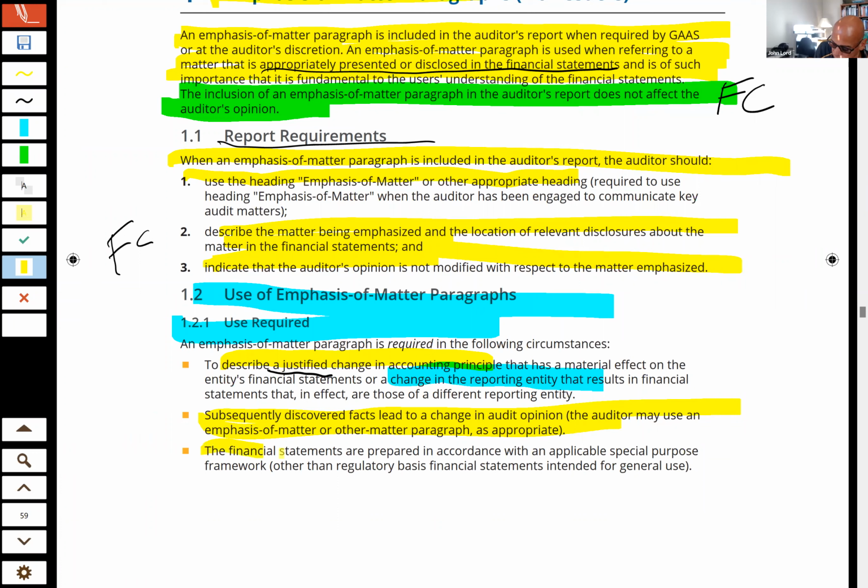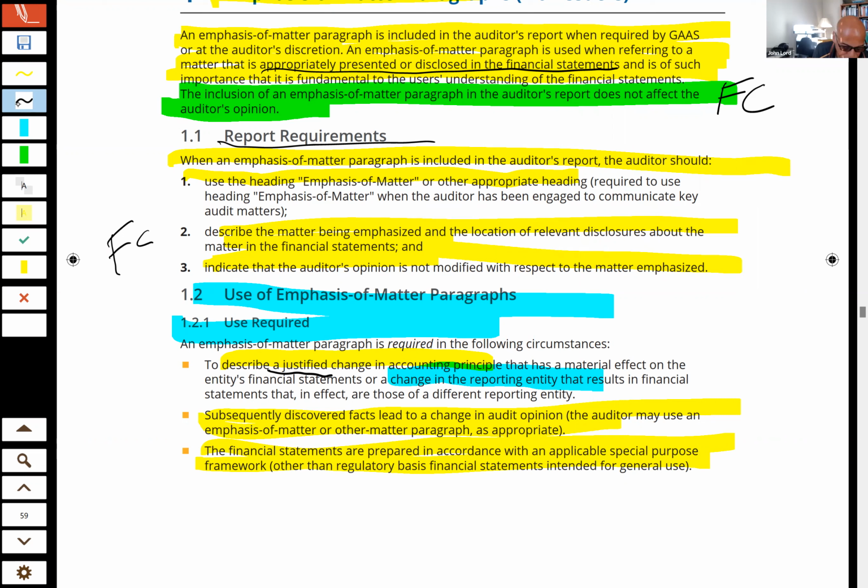Then if the financial statements are prepared in accordance with an applicable special framework other than regulatory basis, so sometimes the entity will prepare their statements using cash basis, we're going to have to include an emphasis of matter paragraph for that. There's only one small exception to that,